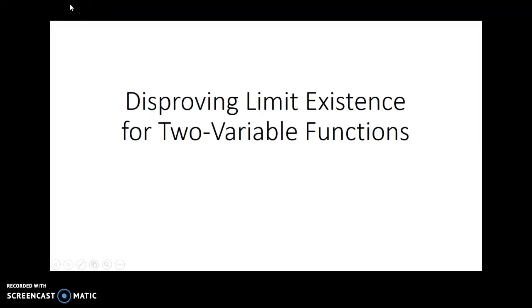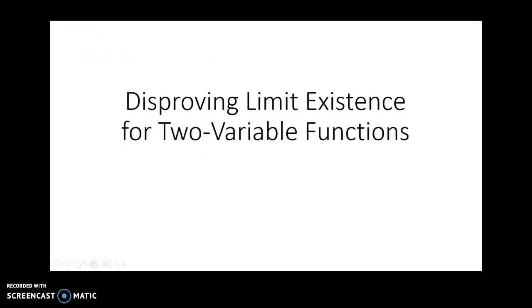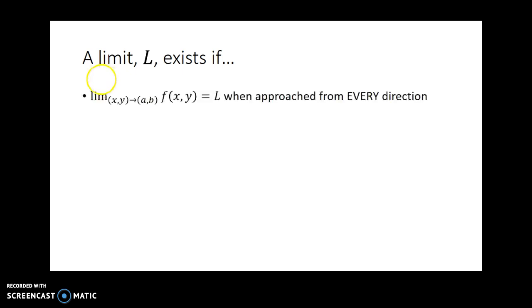In this video, we'll just talk briefly about disproving the existence of limits for two-variable or multivariate functions. One of the problems that we often get is that it's hard to prove limit existence. But let's write out just a couple of characteristics. A limit, the value of the output, L, exists if